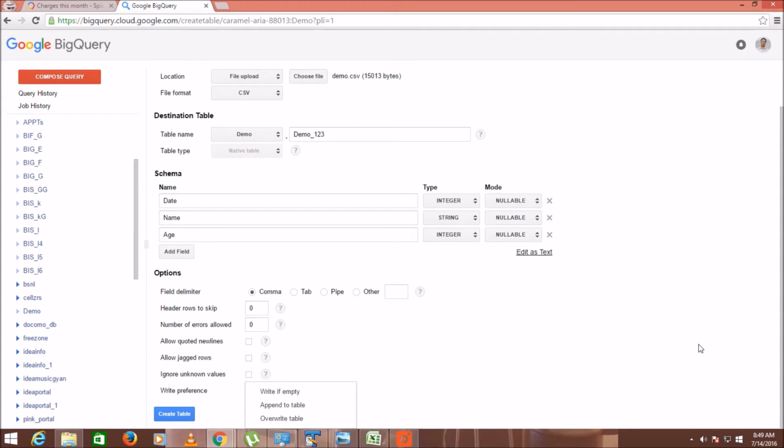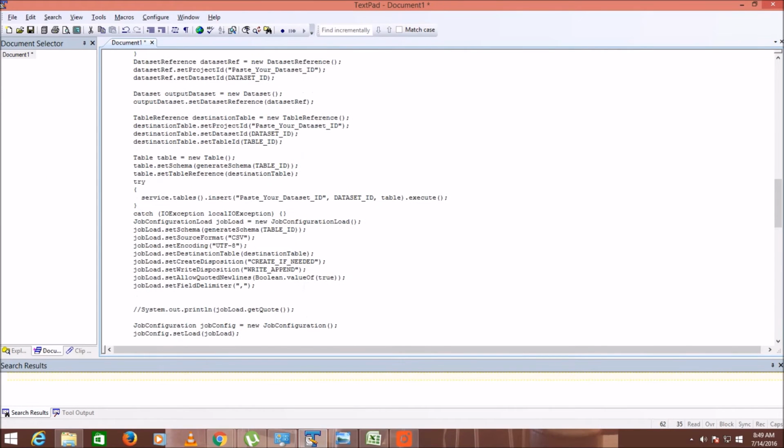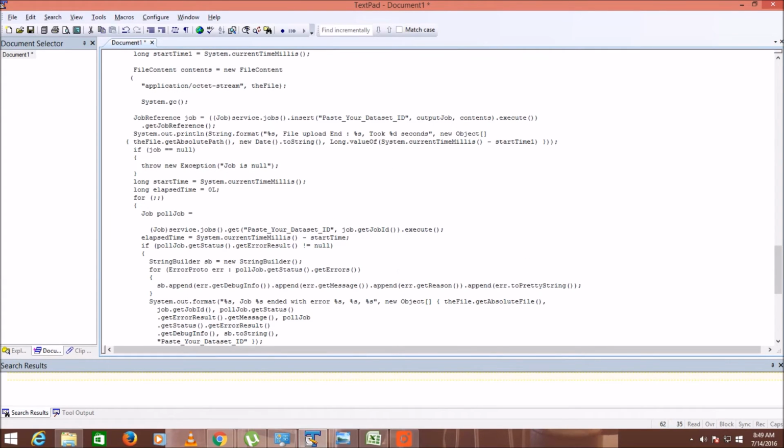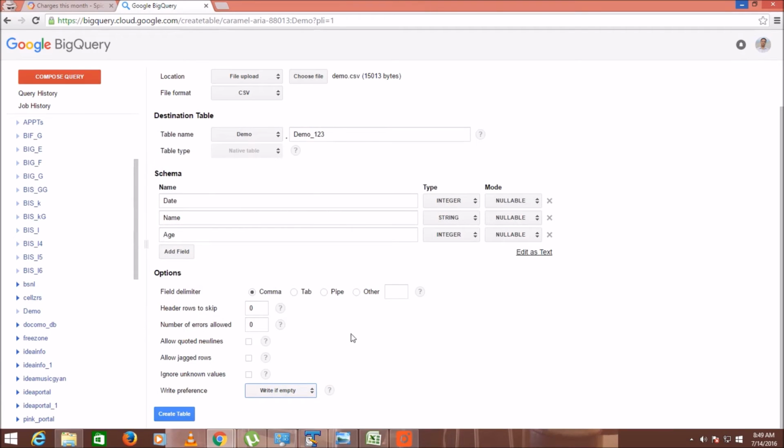If you are uploading new data, then you can click on this write if empty. But if you want to append your data, then do not click here, otherwise you will lose all your previous data. This type of accident cannot happen with my code, because it will only embed your data with your existing data. So you can configure this code in your Eclipse program and you can save a lot of time, and there is very little chance of mistakes.